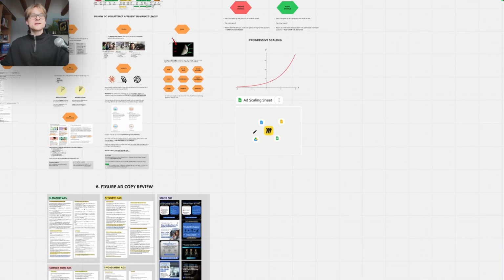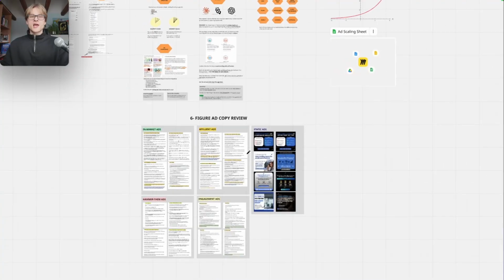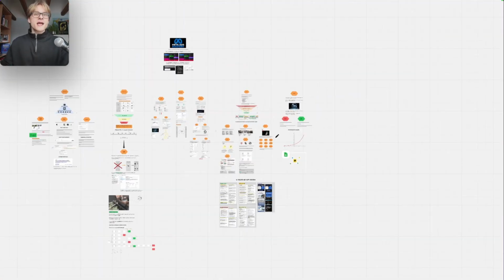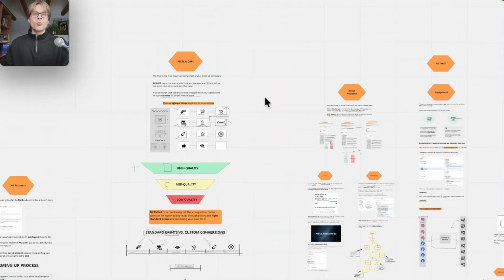Okay, now with that being said, guys, this is essentially how we write our ad copy. Obviously, this is a service that we mainly just do for our clients. Ad copy is one of the most important things. You need to be able to write insanely good copy. I'm not using Claude for this. I use Claude and AI tools to ideate, but when I write the ads, I write them myself. I want to make sure it's completely done right, because the better the ads, the better your targeting, the better your ROAS.